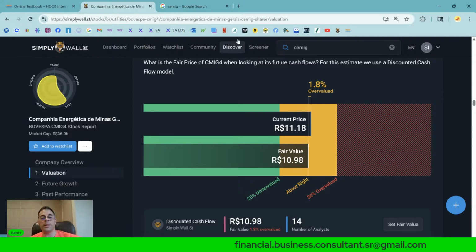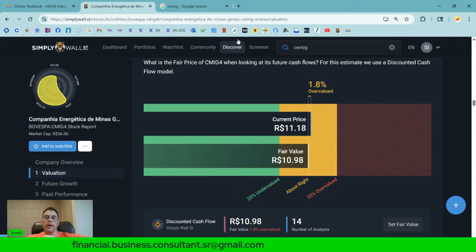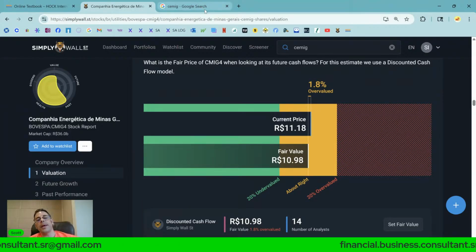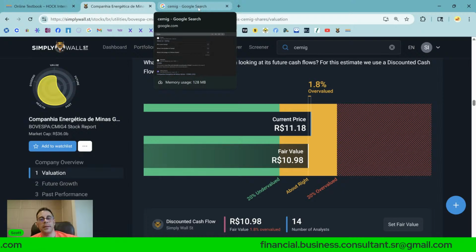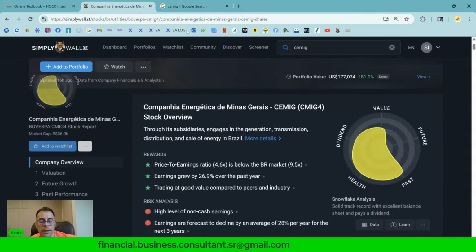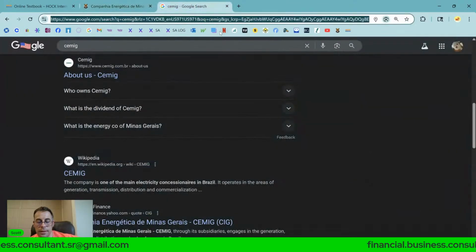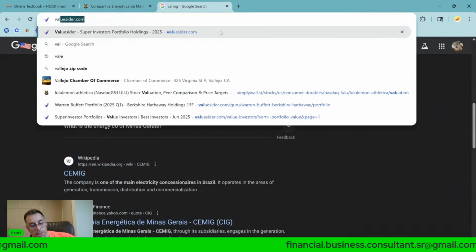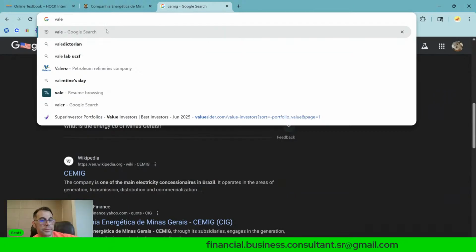But Brazil is one of the mid countries where it's stable enough for us to invest in, but they have to offer this massive dividend for us to do it. But if you really like Brazil,